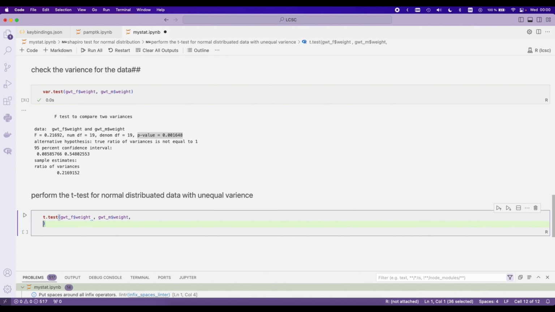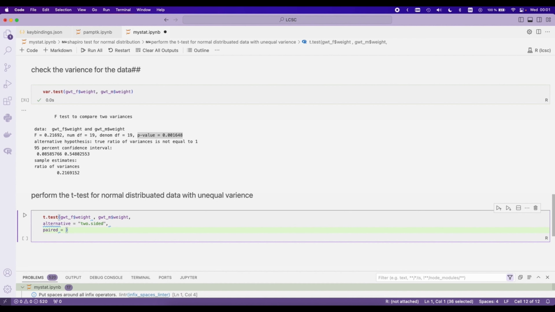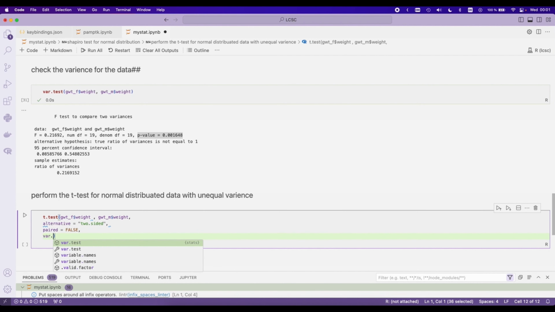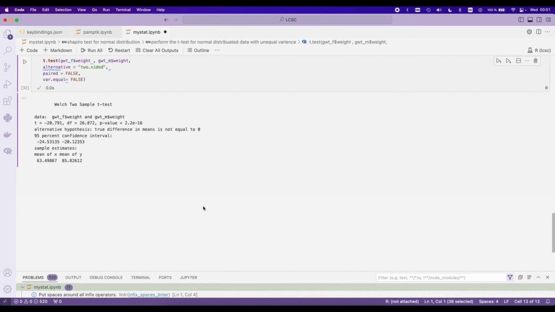And now we say alternative equals, because our data is normally distributed, it has both sides, the two tails. So we write here "two.sided" and give a comma, and we say paired equals FALSE. And the important thing is var.equal; we have to give FALSE here, because our data does not have equal variance. So we write var.equal equals FALSE, and these were our important parameters here. And we just run the test here, and as we run the test, the output is a Welch